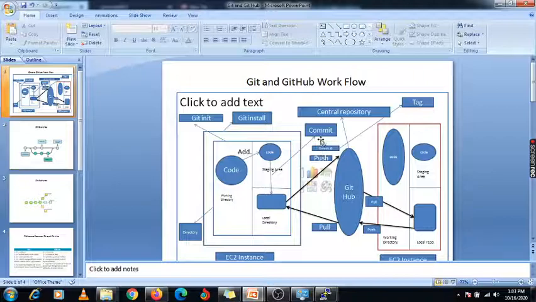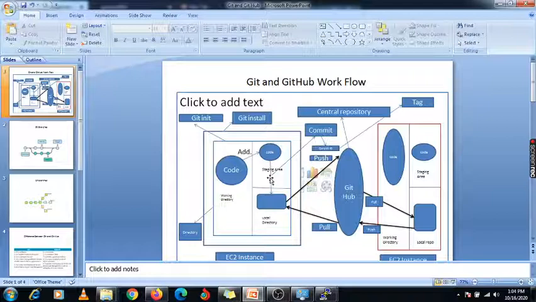So whatever data is being committed, that means it is being saved from the staging area to the local directory. Whatever data we have updated in the code, when you commit it, that means there is an incremental backup. Whatever code you have already written and whatever code you have updated, only that updated code will be saved using this commit.